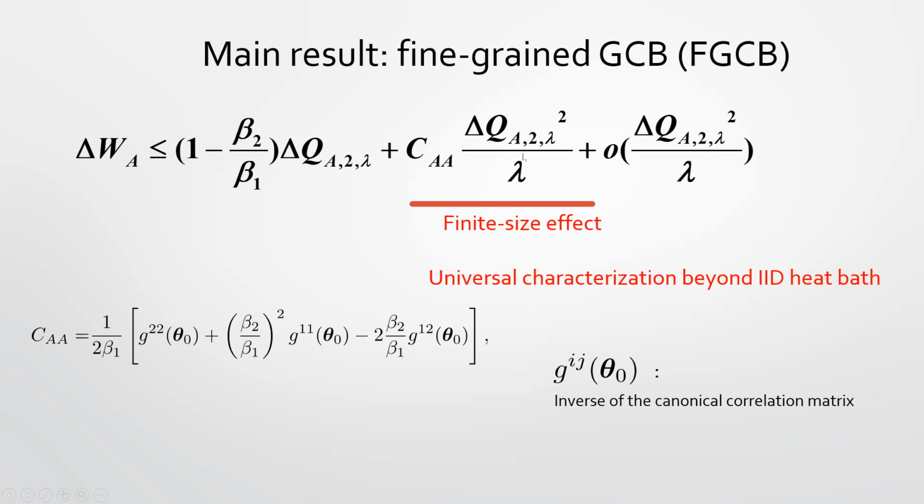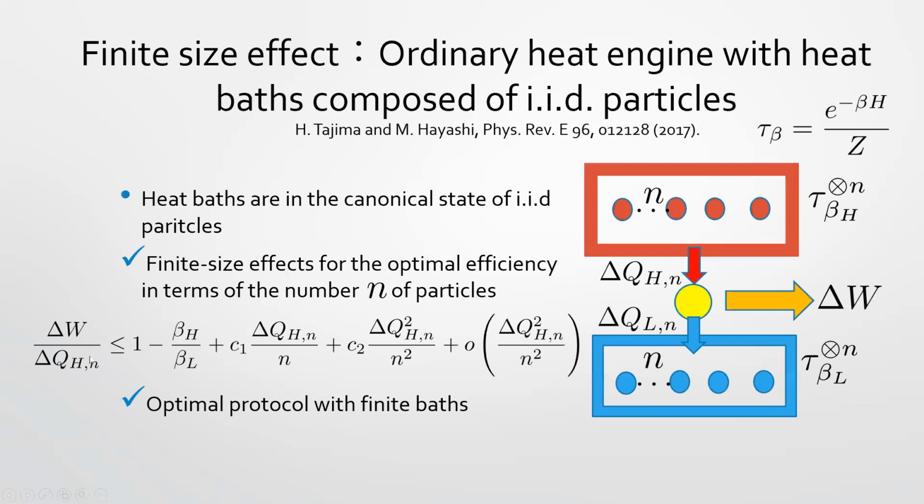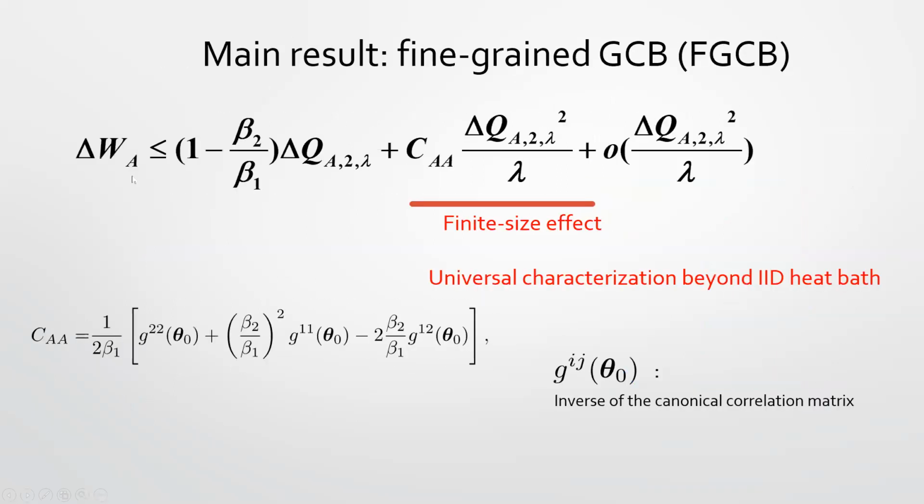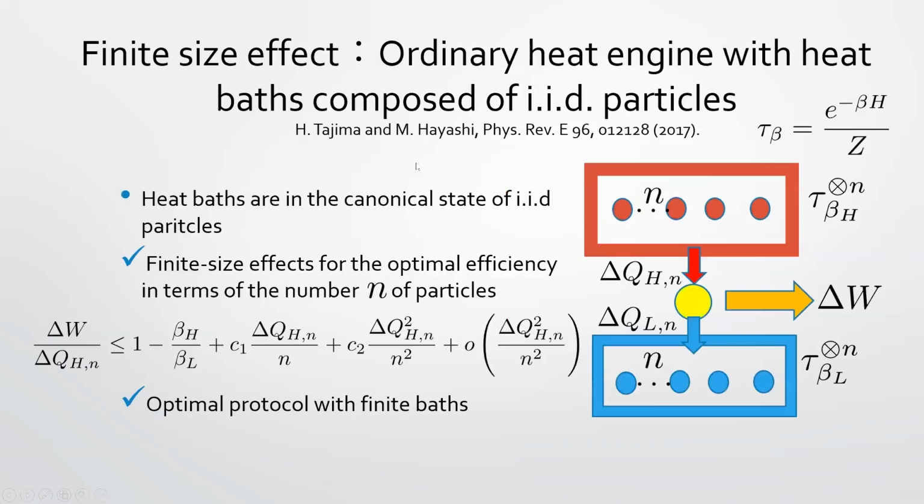This lambda is a scaling parameter. Lambda is a scaling parameter. I see. So lambda represents the size of the bath. Thank you very much. So this is another version. This other version is divided by delta Q, and lambda is replaced by n. So then we have this. This and this are almost the same. Lambda is replaced by n and divided by delta Q on both sides. Then we have this one. Sometimes we use this notation. Okay, I see. Thank you very much.